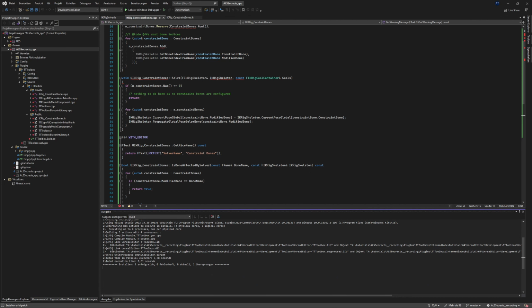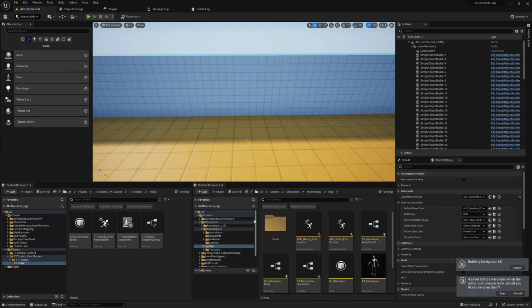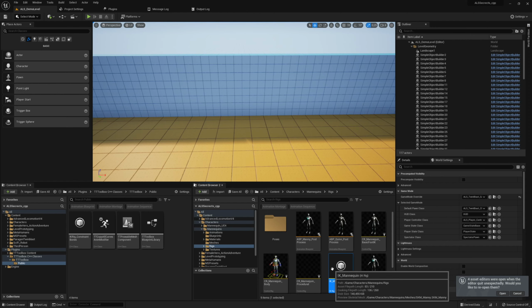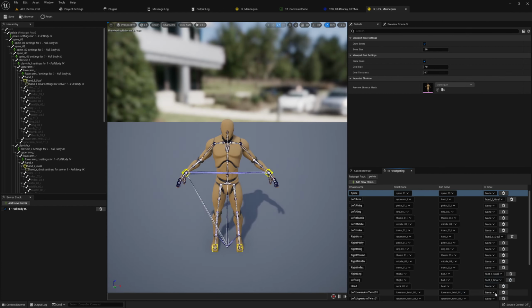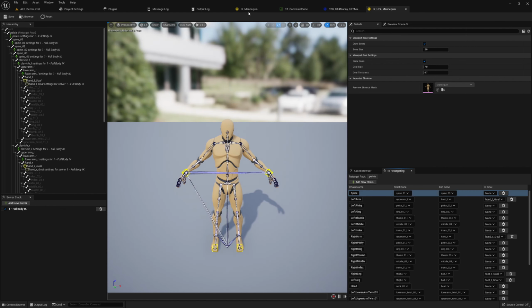So yeah, that's fine. And we open the editor again, so hopefully we did not lose our settings and I was able to save the stuff. But yeah, let's see. So yeah, it did something really weird to us. That it crashed the editor because we did not implement the interface properly. But yeah, let's open the IK rig again. We can also click on open and check. So IK bones are removed